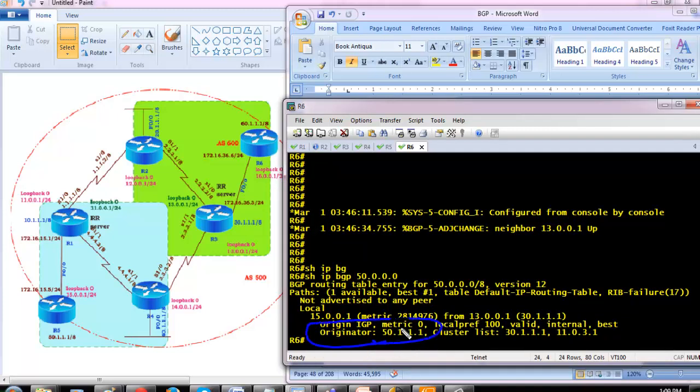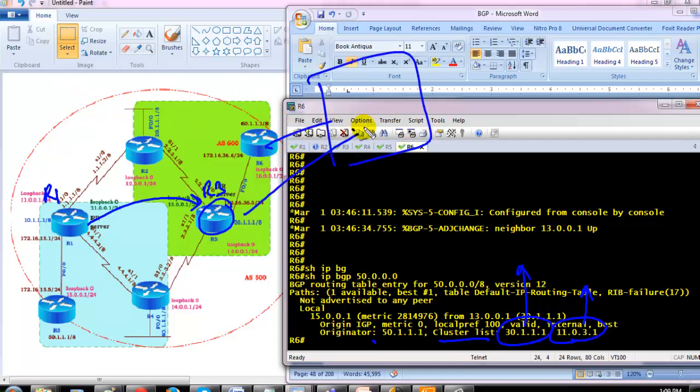now this time you will see some more information here, like this is your originator, from where the route is originating, the originator ID, and then you can see the cluster information is prepared here. Initially it's coming from 11.0.1.1, which is router 1, the router ID of this router, and then it's getting to router 3. This is the cluster ID of this router. Now this is the router ID which has been taken on router 3, I can say. Now this is your cluster information.